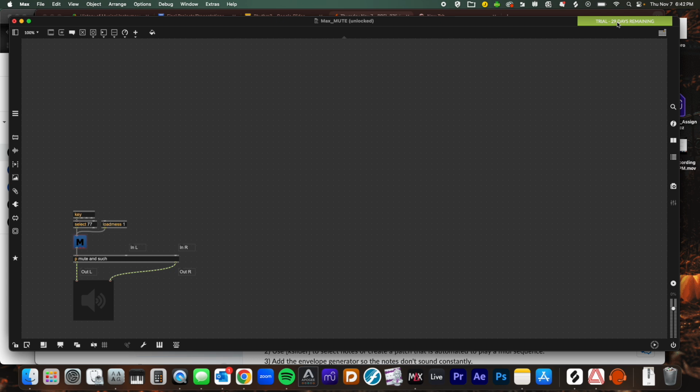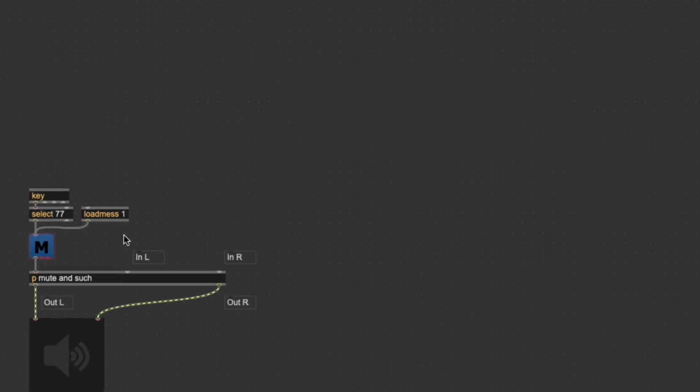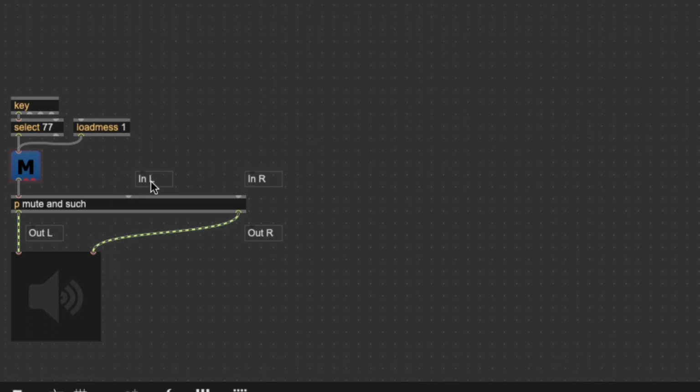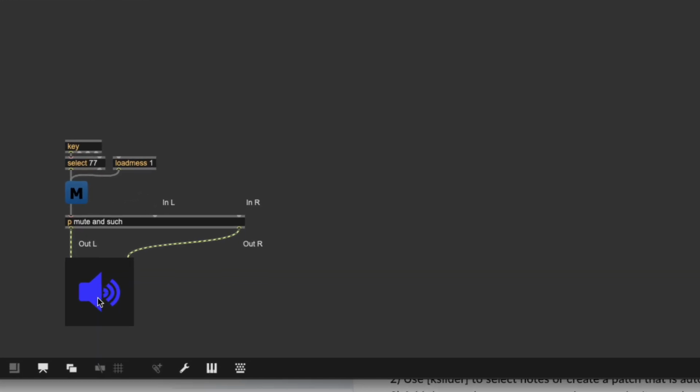So let's go ahead and do this. Basically the idea with the mute button is this, all right? We have our left input here. This is where the left speaker signal comes in, and this is where the right speaker comes in. And I've already connected to the Easy DAC, the Easy Digital Audio Converter, which is the speaker output, right? So if I were to turn this on, which you can do by just clicking the speaker here,